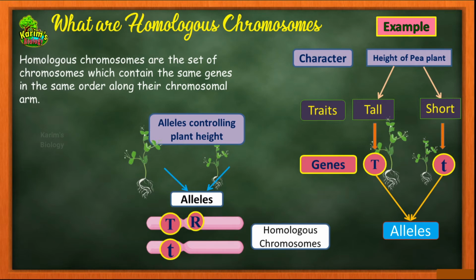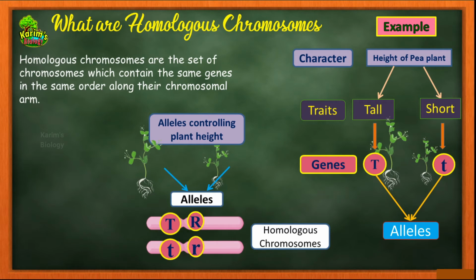Okay, so we have considered only two alleles here, but don't think that only two alleles are there. Different other genes may also be present. Say for example, there may be capital R, which is controlling the shape of the seed. Round seeds, the capital R may be giving round seed to the pea plant,